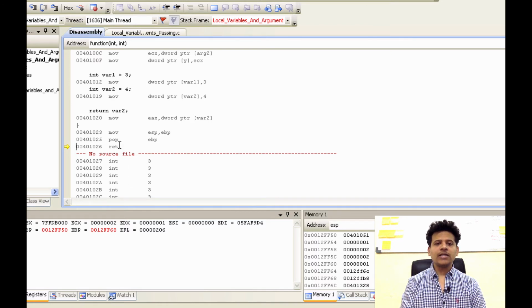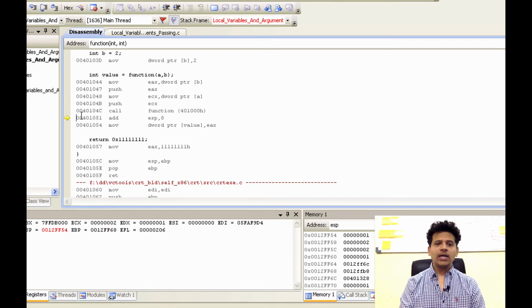After that, the function will return to main, and when the function returns to main, it will take the return address saved by main, and that is 00401051, and that will get moved into the EIP, and EIP will begin execution from 00401051. Let's step into that. Okay, EIP has now returned to 00401051 and we are executing from main.